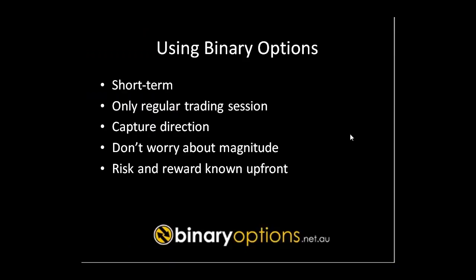Binary options can be a great tool for trading earnings because they allow you to capture the momentum on the stock on a short-term basis. Binary options on equities are typically only available during market hours, and earnings announcements are always outside of market hours, so you'll not be able to trade the immediate reaction to the news in the after-hours market.